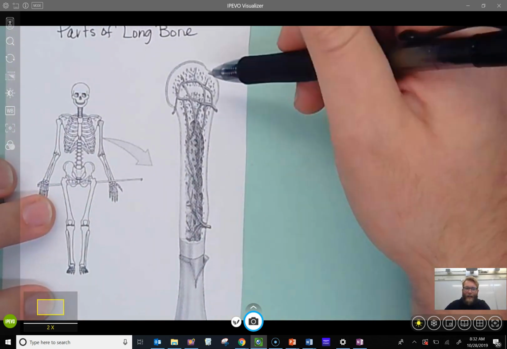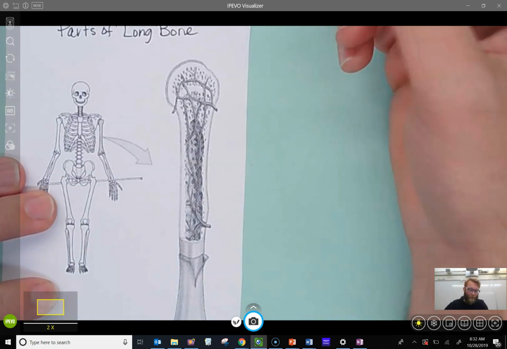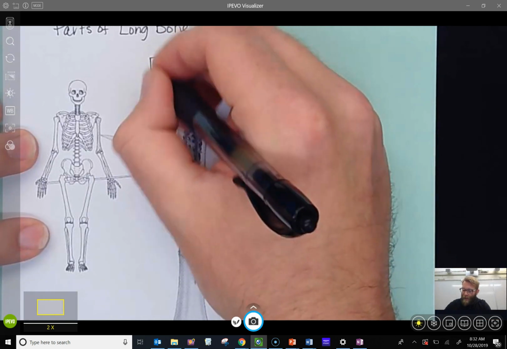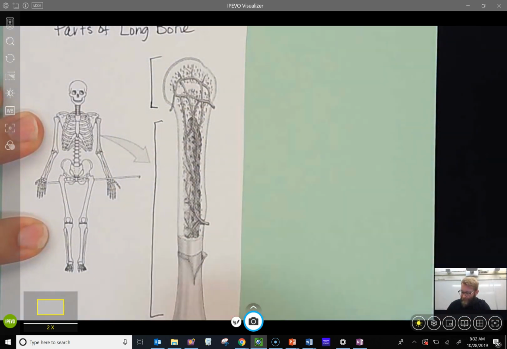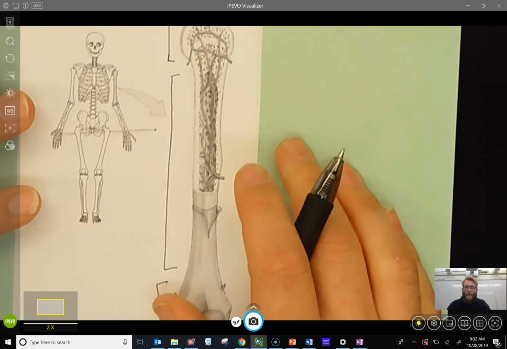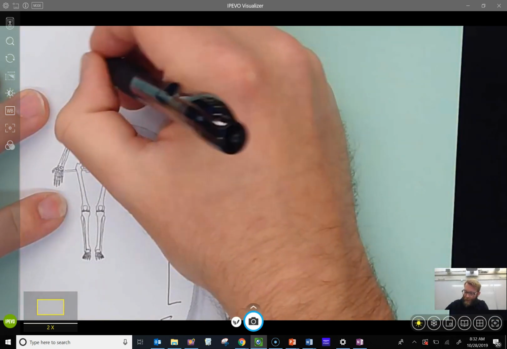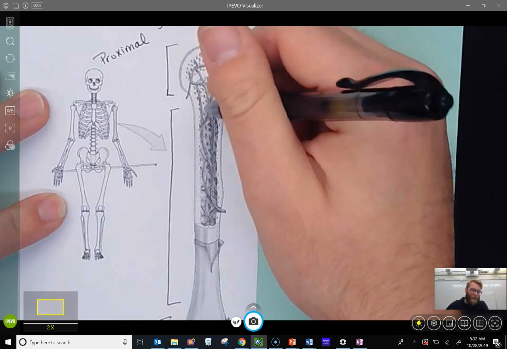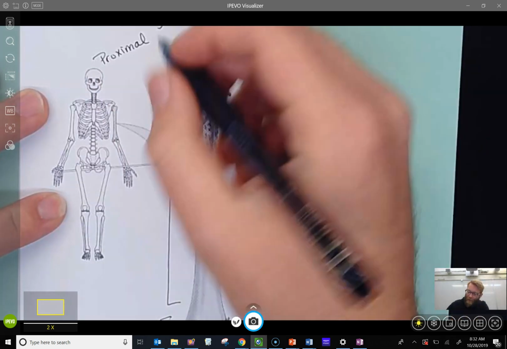Okay, so let's start at this end here. This would be our proximal end of the bone. Let's talk about the three major sections that are happening here. A long bone is broken up into three major parts. The part up here, which is proximal, the part of the bone that's closest to that articular area here, we call it the proximal